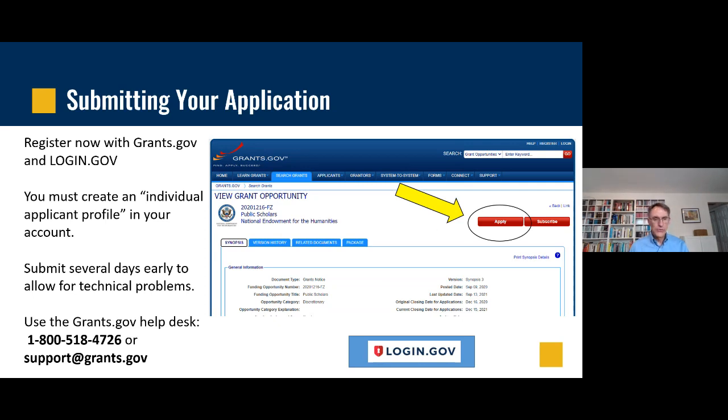Third point, you should allow several days to submit your application in case you run into a technical problem of some kind. So submit early, especially if you're doing this for the first time. It can be a little bit cumbersome. So just keep that in mind and allow some extra time for the process of just submitting your application through